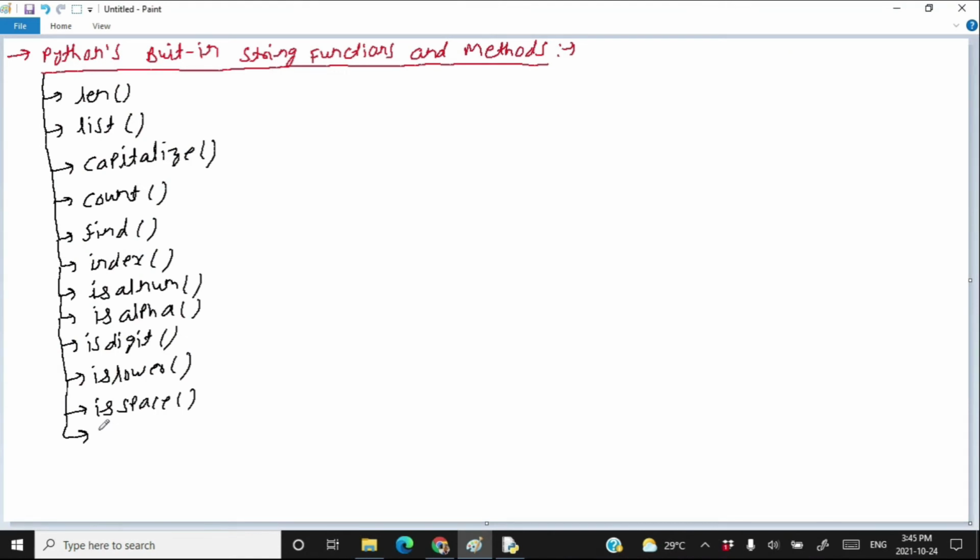Another method supported by strings in Python is called the isupper method. It returns true if all the characters in the string are in uppercase, otherwise false.